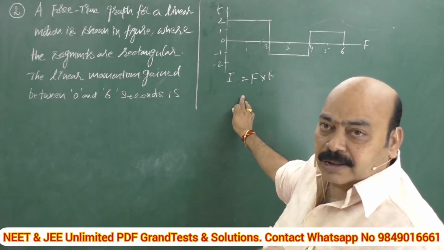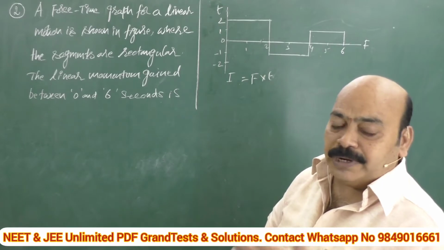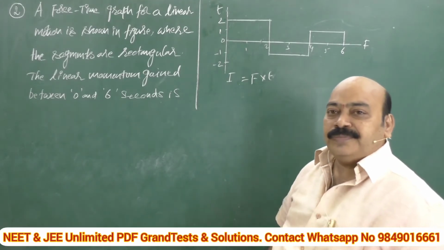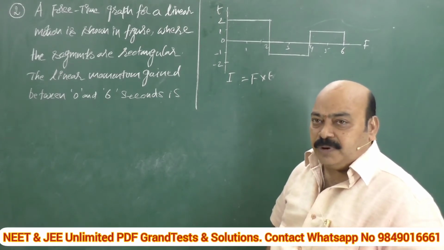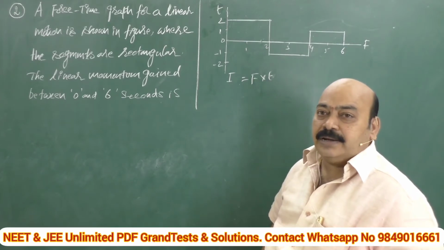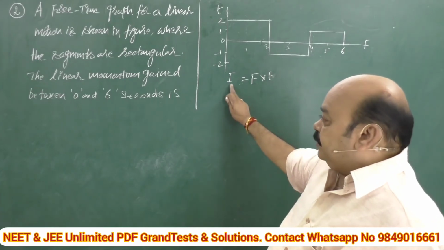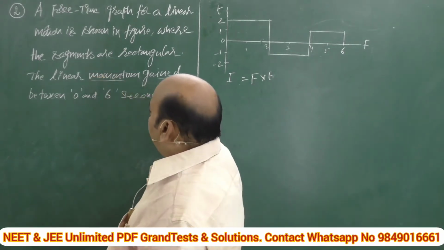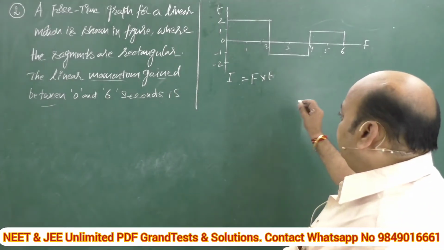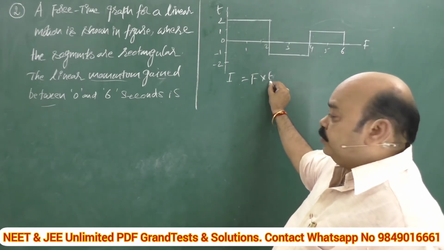Shall I give one clue? This impulse can also be expressed as rate of change of momentum, directly proportional to force according to Newton's law. When no external force acts on a body, the rate of change of momentum of a body is directly proportional to the force that causes the change. So, this impulse, otherwise what is the linear momentum gained? Both are same. Impulse is nothing but the product of force into time.